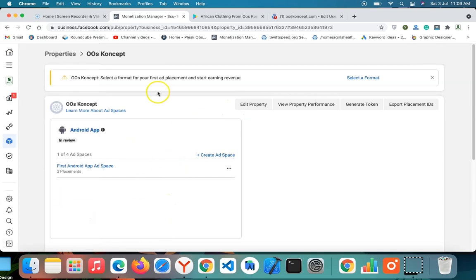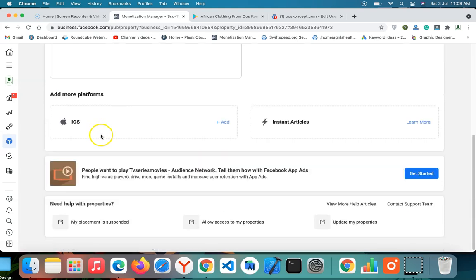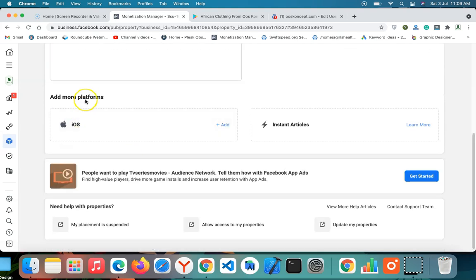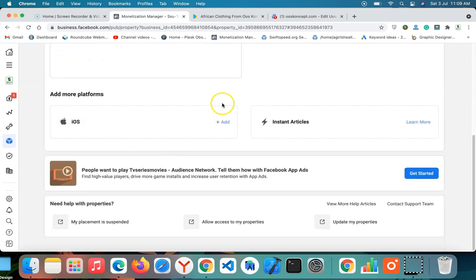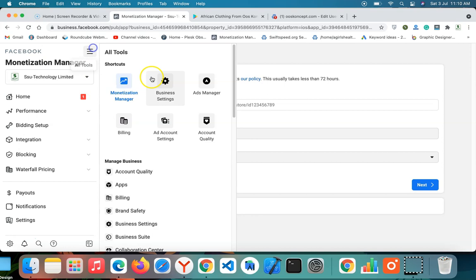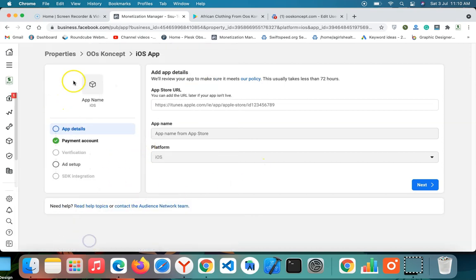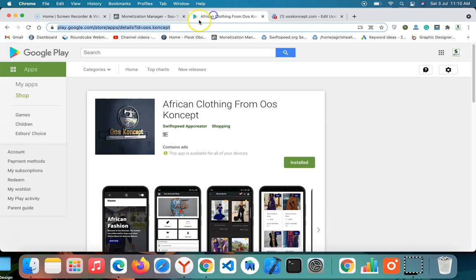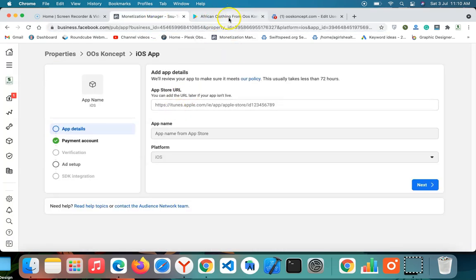Let me close this. So you can see that this is an Android app, and you can see that the status is in review. So I can add more platforms. You can see iOS, so I can click iOS here, and click continue if I want to add for iOS, but I am not adding for iOS. Instead of pasting your Google Play URL, you look for your URL on App Store, and then you paste here, and then you follow the same configuration, the same verification, and then you're going to get your placement ID, and